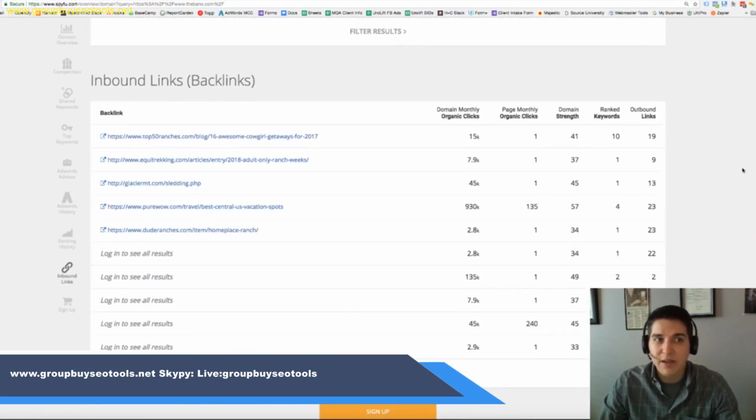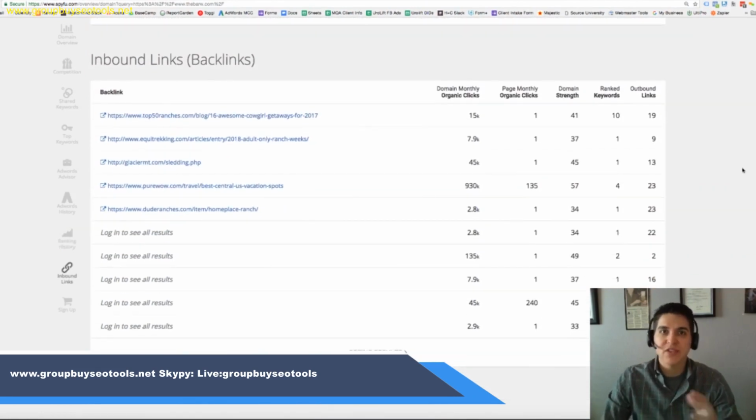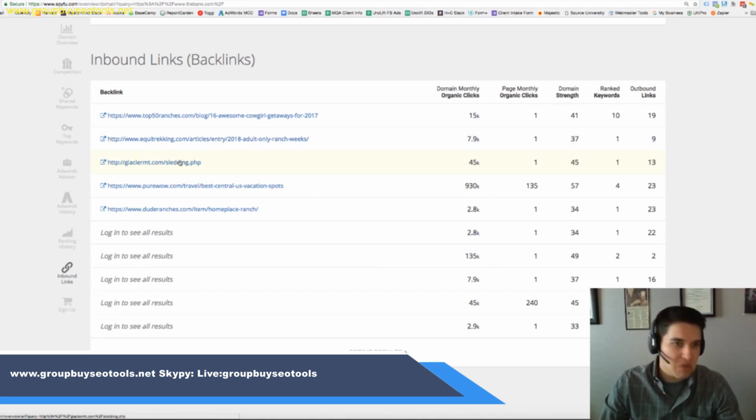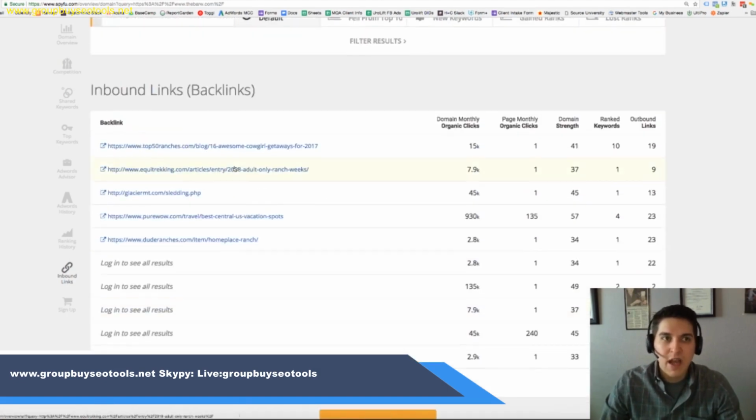You could check out some of the inbound backlinks that they're receiving. So these are other websites that are linking back to theirs. You know, these might not be the most powerful backlinks based on metrics, but at least they're giving us a taste of, okay, I can see that glaciermontana.com is linking back to this competitor. There might be a play there or something I want to explore for my client. So that's